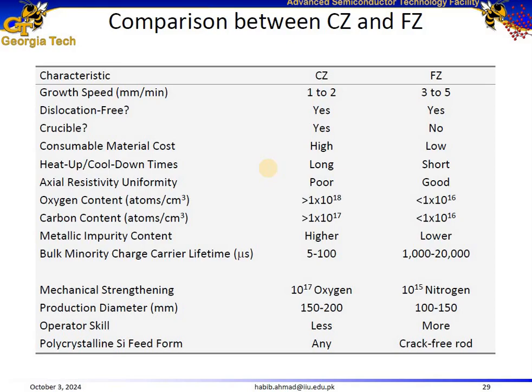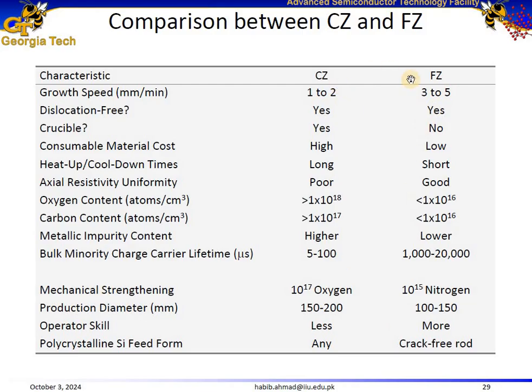Here is a comparison between the Czochralski growth method and the float zone technique in terms of key factors like the growth rates, the oxygen and carbon content, and the production characteristics like the production diameter. In terms of the growth rates,